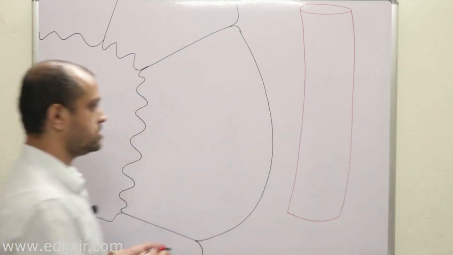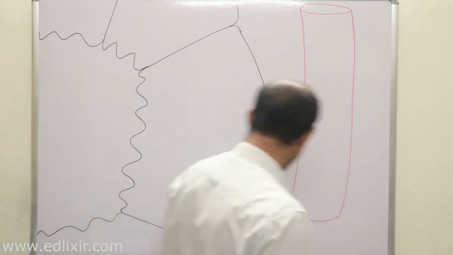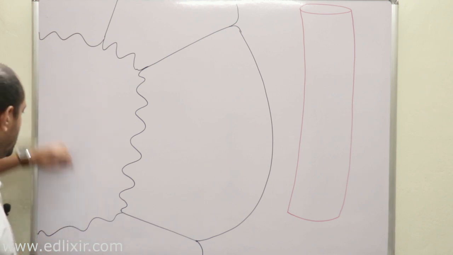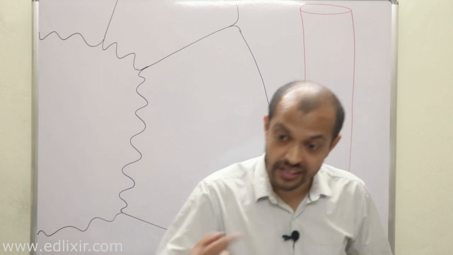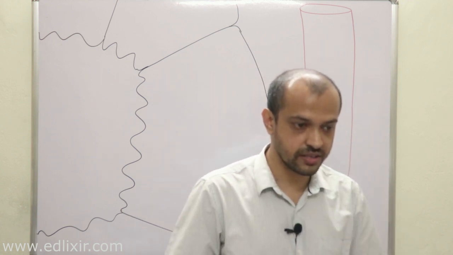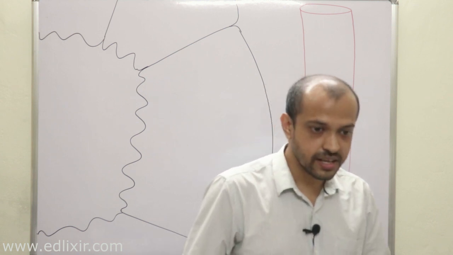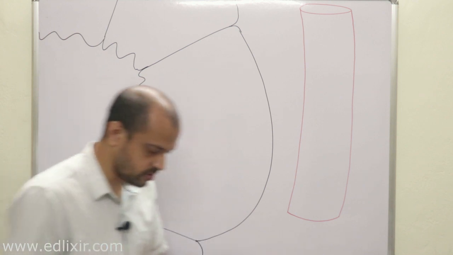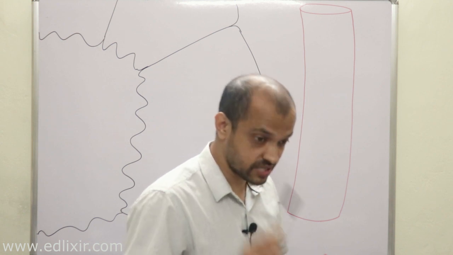Clear? So here is your blood vessel. Now listen with all your attention. First thing you need to understand is this: for thyroid hormone synthesis we need several steps and several ingredients. We will learn this whole complex process step by step.